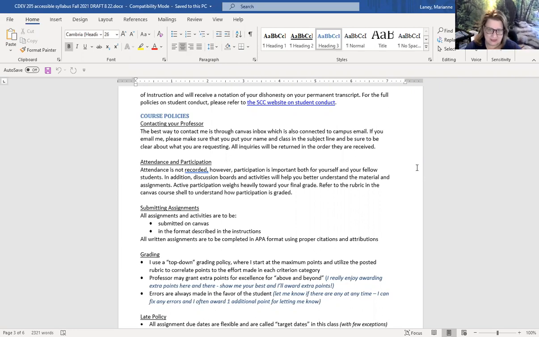I don't want any hiccups. If there are hiccups, I will move due dates. We'll be flexible. I always make sure the stress is at a minimum, hopefully, so then your brain is open to learn. And again, this is human development stuff. It's not hard, right? It's you, it's us, it's the community. A lot of us have a half knowledge of this stuff already, right? And so you're just building on the stuff that you know and making it meaningful.